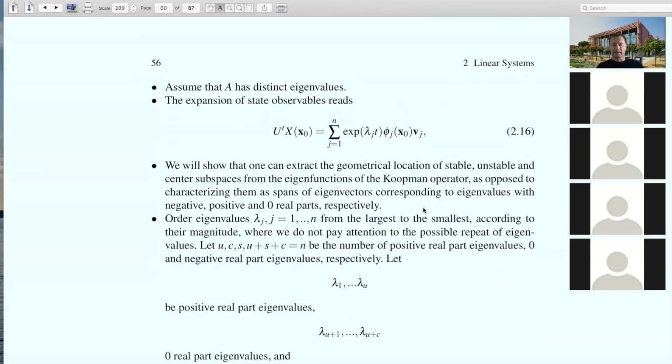So let's pursue this. And again, let's simplify a little bit so that we don't have to use that expression that also had algebraic terms. Let's assume that A has distinct eigenvalues. So we have a simple spectral expansion of the state observables that is the sum over j equal 1 to n, e to the lambda j t, phi j of x0, vj. So this is just expanding or finding the values of variables, state variables x1, x2 to xn at time t, starting from some initial condition